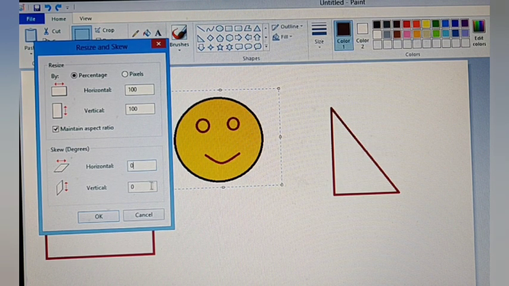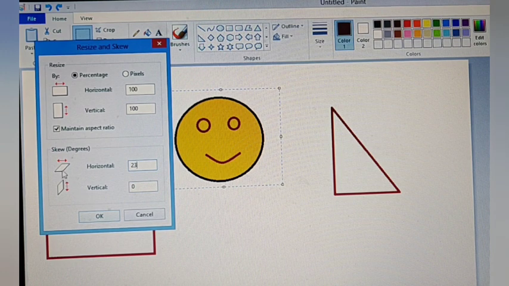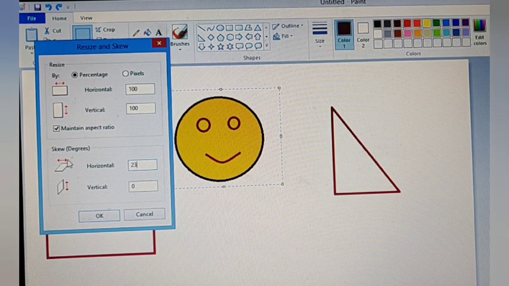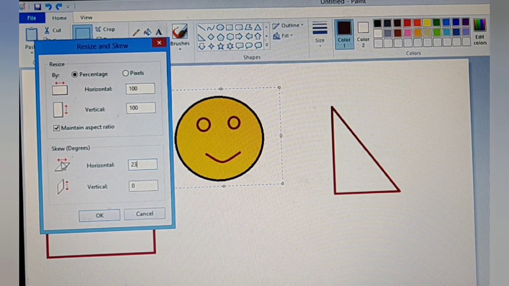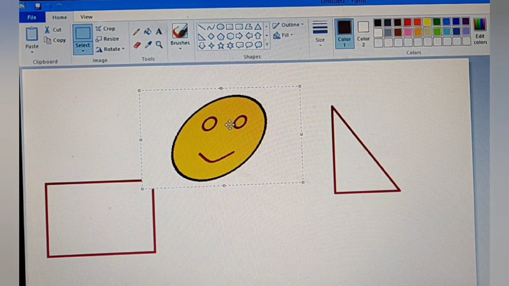Now if I select horizontally and I enter the horizontal value like 23 I have entered. When I press OK, you will see my picture will be a little distorted. The shape of my picture will be a little distorted in the horizontal direction. As you can see, देखो थोड़ी सी टेढ़ी हो गई, slanted हो गई, right?